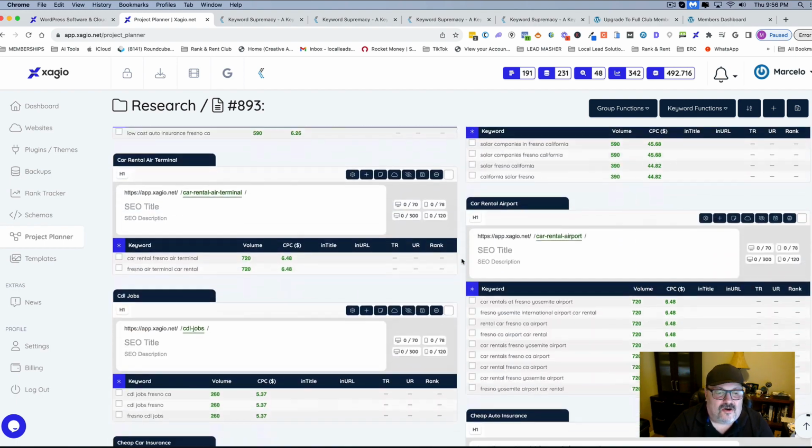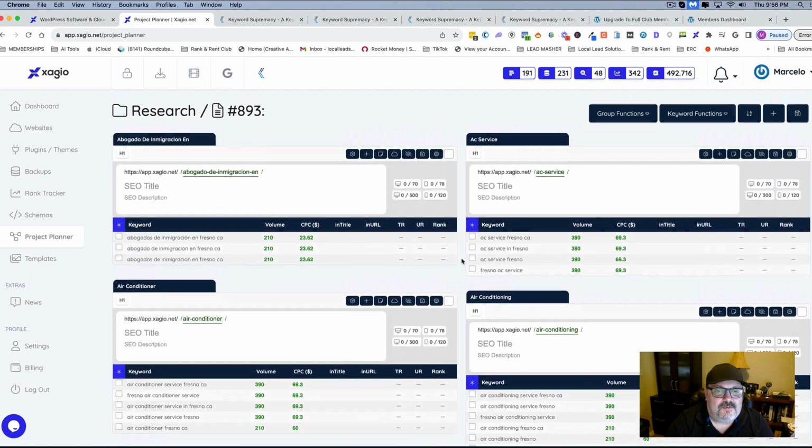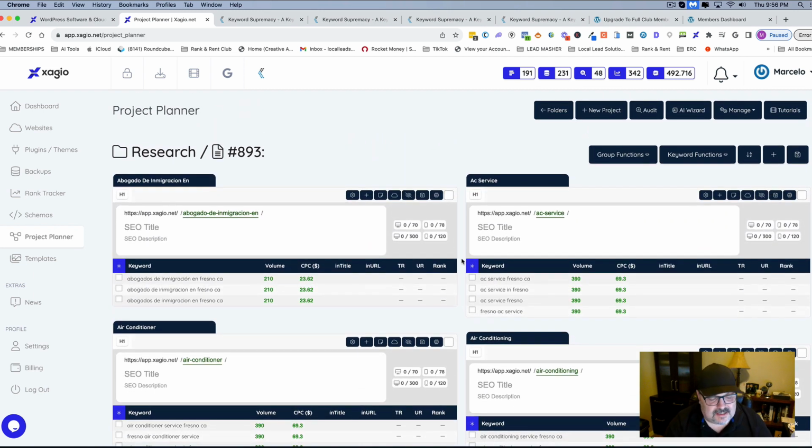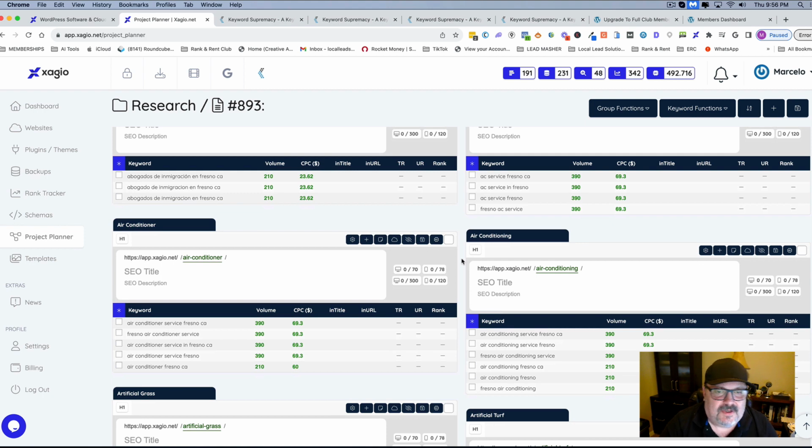So look, it took all those and we're making them into groups. So let's go down and see if we can find some good niches. This is what I like to do, and we can go find some good niches to see what we're going to go into, because a lot of them, everybody goes into the same ones, roofing, concrete, things like that. So I like to use this to find some newer ones, like even AC right here.